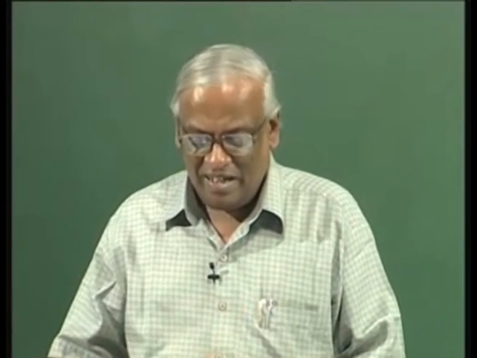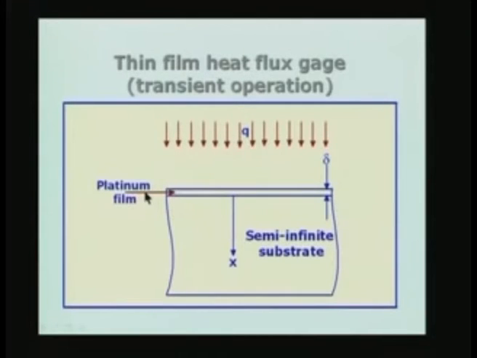Let us look at the differences. One, for example, I can have a platinum film of very small thickness delta which is in the micron region, maybe a few microns, maybe 10 microns, and we have a substrate which is of a material which is chosen suitably to have the desired thermal properties, and I am going to subject the front surface of the platinum film or the surface of the platinum film to the heat flux which is to be measured. So, in this case what will happen is that if the thickness of the substrate is large enough, when I say thickness, it is the thermal thickness of the substrate which I am talking about.